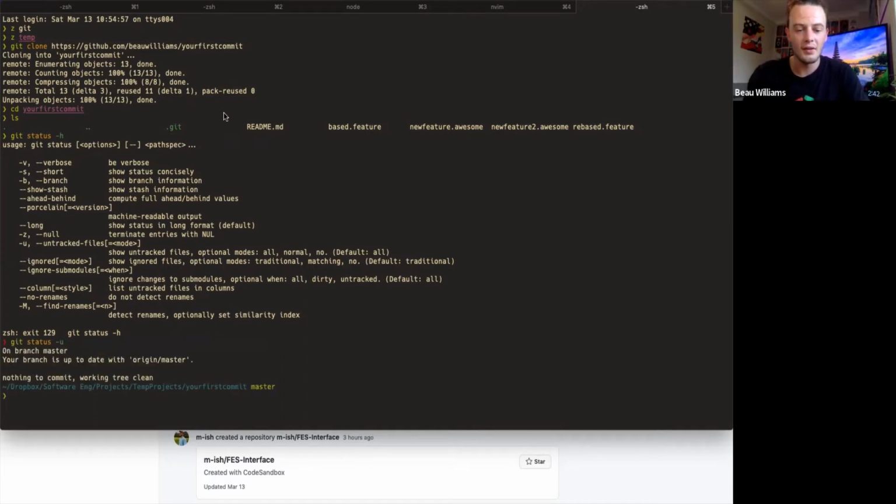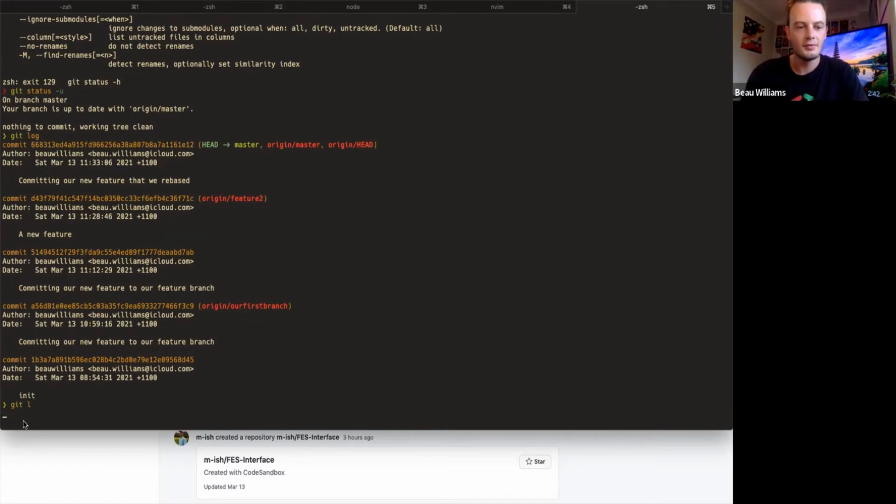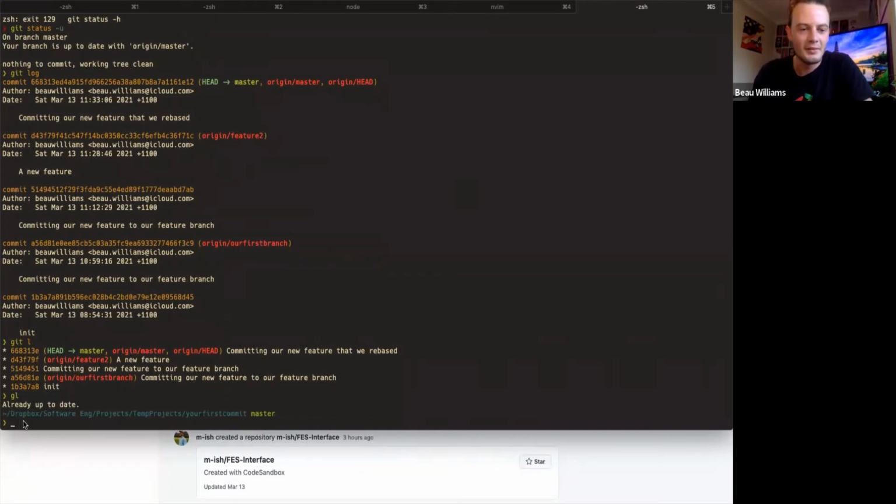The other thing is git log, which tells you the commit history, so we can see that there. So obviously that's right there. Or we can get a shorthand version of that, git l, or we can do gl, which is my little alias.